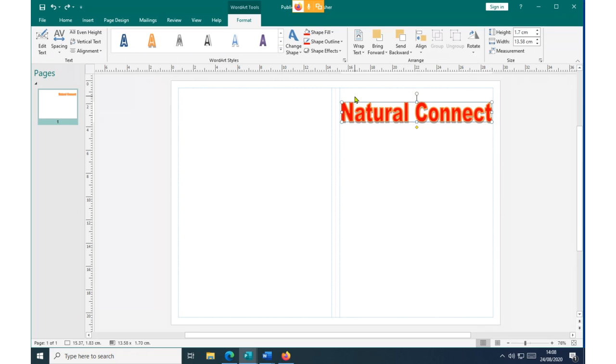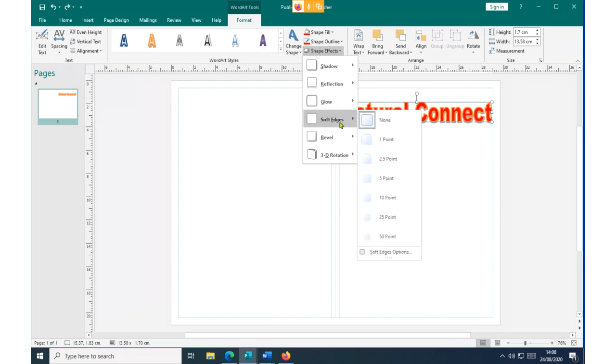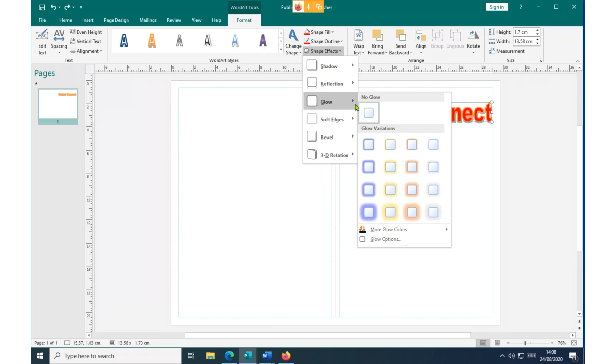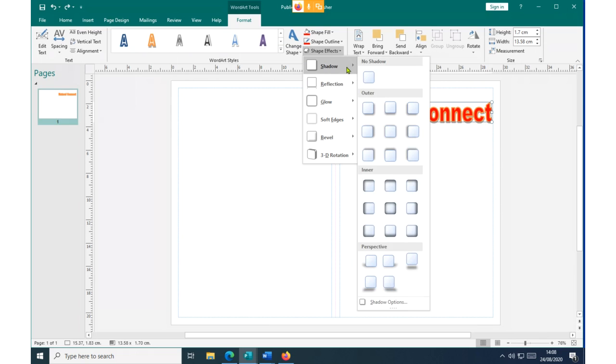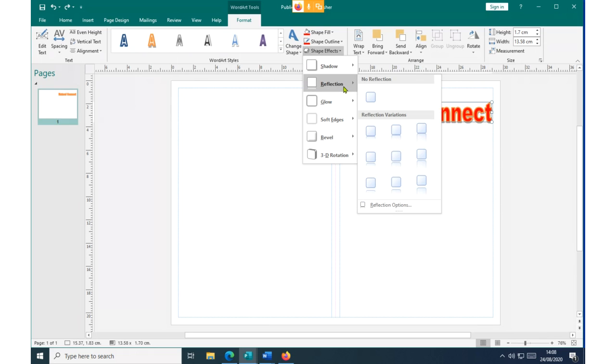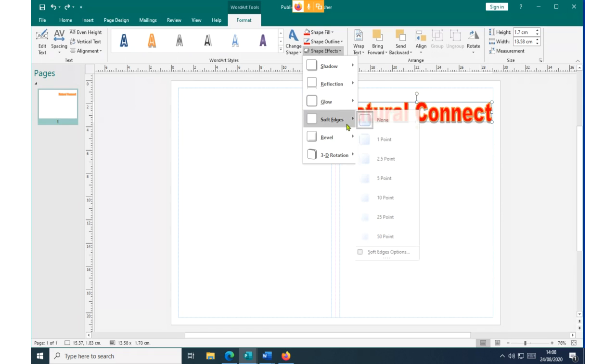Then finally, the other thing that we encourage you to look at is the shape effect. There are several effects that you can pick to make your word art look very well. If you want a shadow behind the word art, you can pick that. You want a reflection, you can pick that. You want a glow, you can pick one of these soft edges.